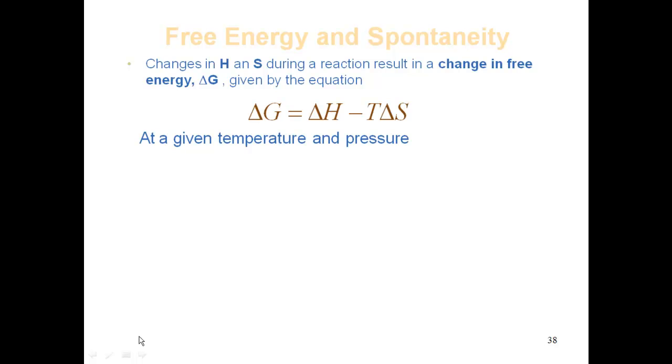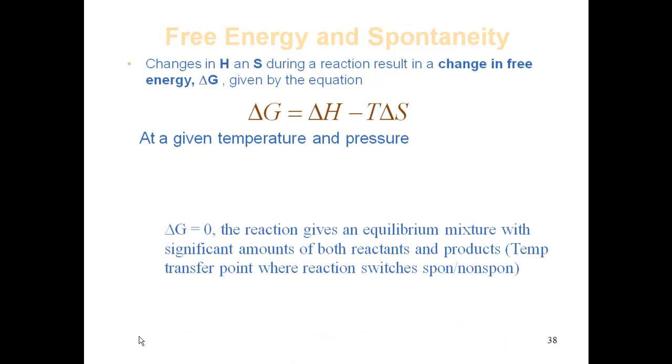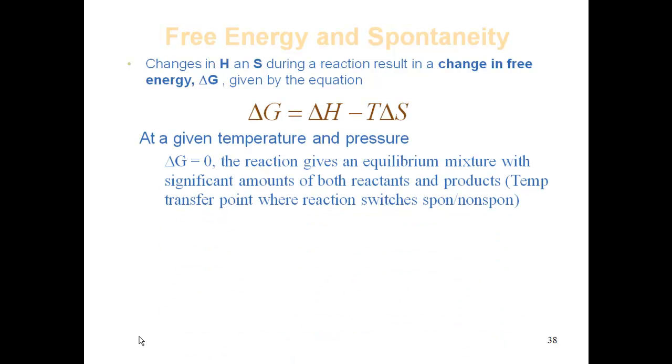Changes in your enthalpy and entropy during a reaction result in a change in that Gibbs free energy, by the following equation: delta G is equal to delta H minus T delta S. At a given temperature and pressure, if we find delta G is equal to 0, what that is telling us is that the reaction is at equilibrium and has significant amounts of both reactants and products. The significance of delta G equals 0 is the temperature at that point where delta G is equal to 0,